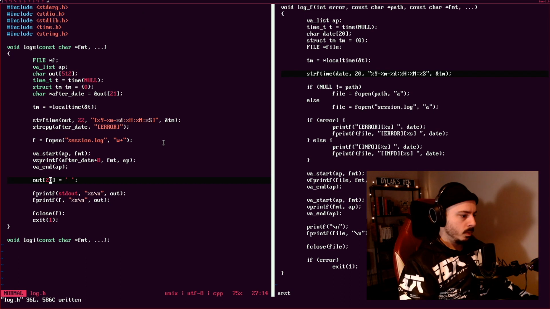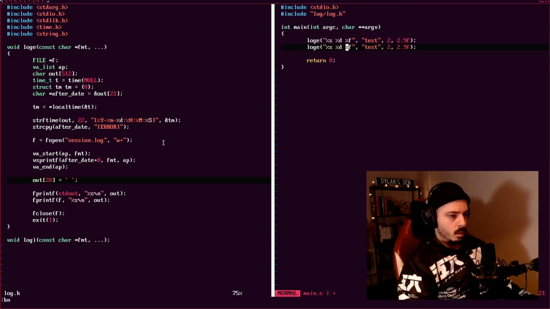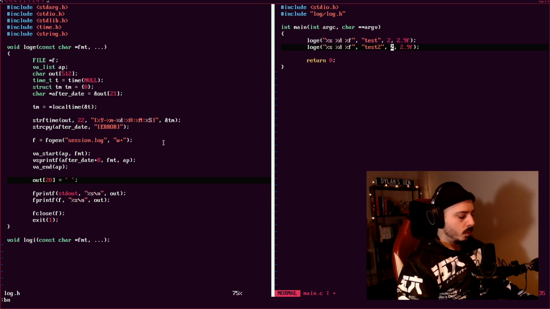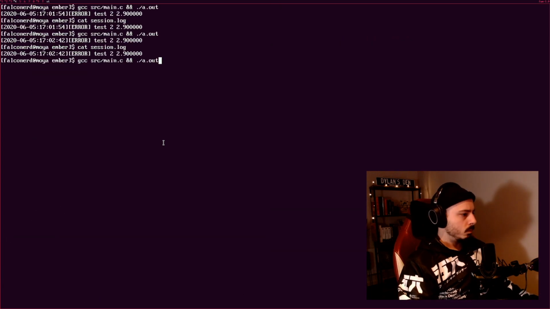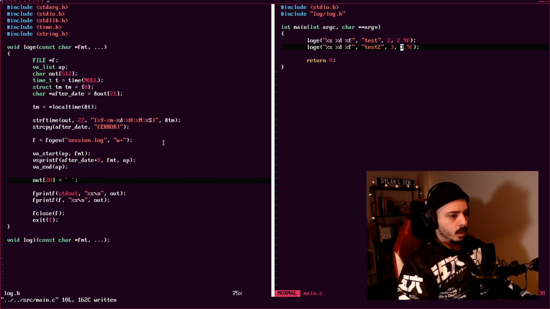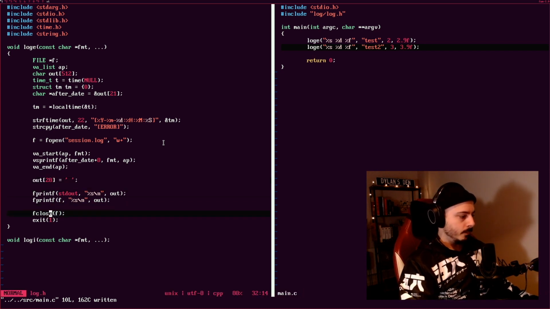That's nice. Now what if we run 2 of these? And then we'll say this is test 2 and change this to 3. This to 3 as well. Alright. Okay. That did not work. And the reason that it didn't work is because, I'm an idiot, we exit the program. Of course we can't log 2 errors like that. So